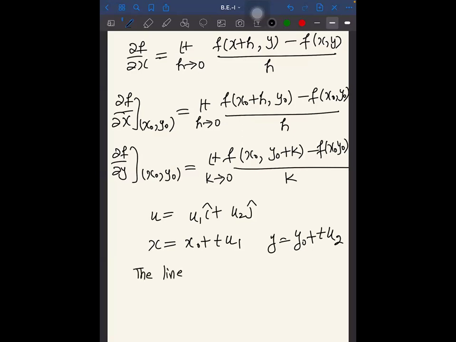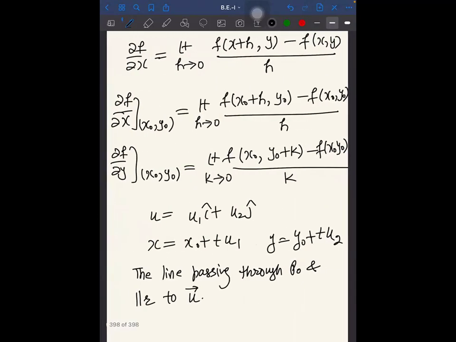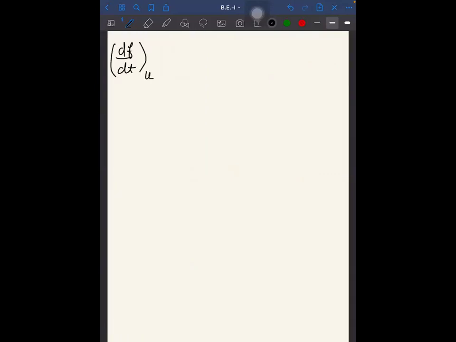The line passing through P naught and parallel to U. अब इसकी डेफिनेशन बनानी है, तो इसकी डेफिनेशन यानी वही डायरेक्शनल डेरिवेटिव की डेफिनेशन कैसे आएगी ये देखना है तुम्हें. तो इसी चीज को देखोगे अब ध्यान से बस. So that will become df by dt in the direction u at the point p naught. So limit t goes to 0, f of